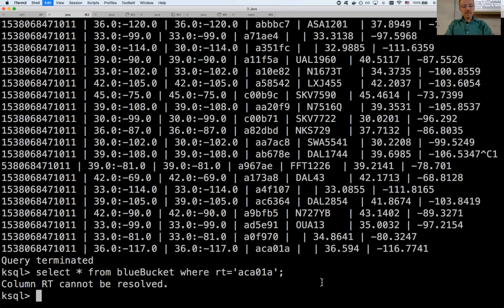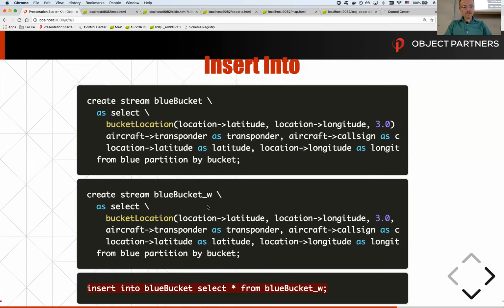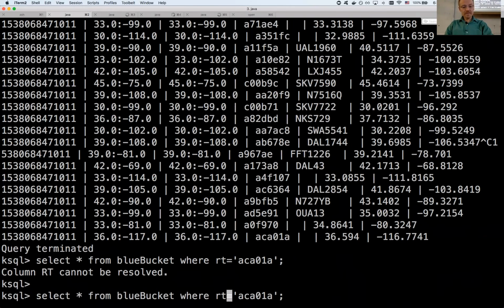I'm looking at a plane, trying to find one that appears twice, and I knew that I would. What did I call it? Let's see. I just called it transponder, not red transponder.